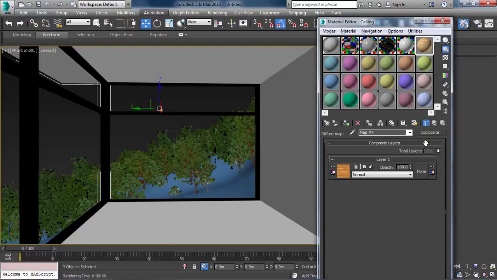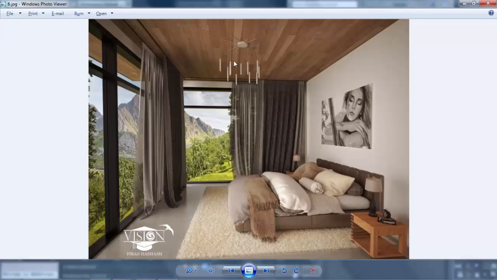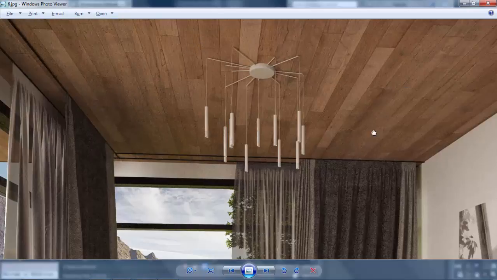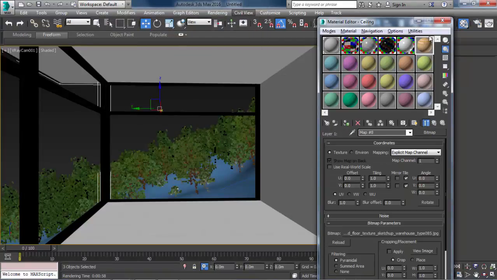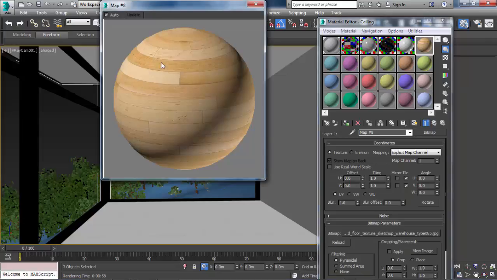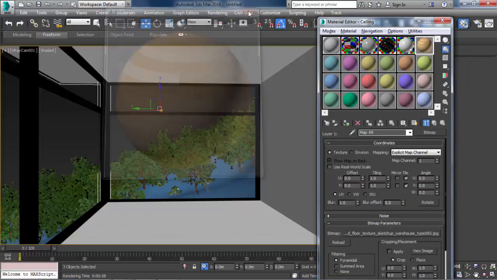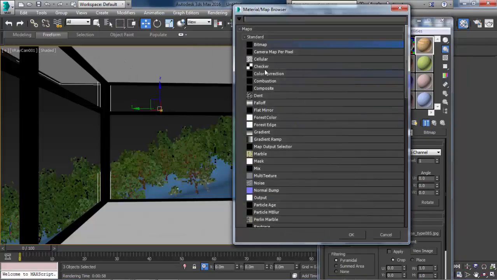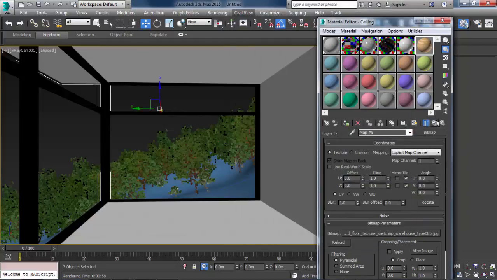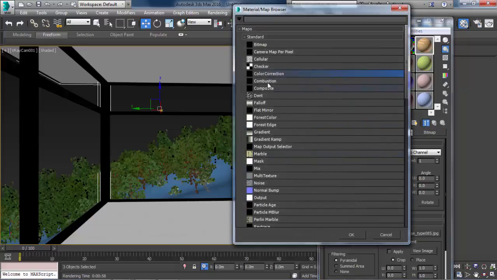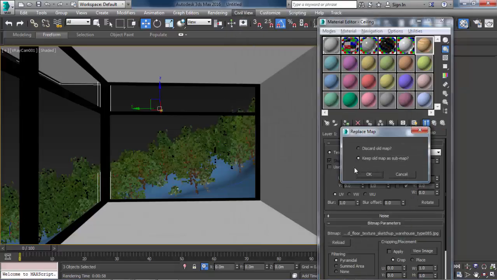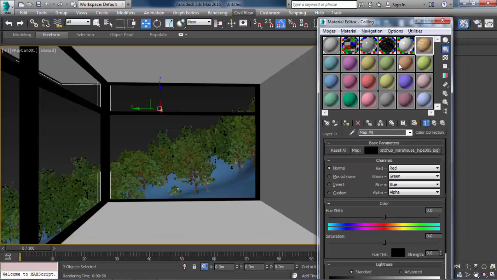Now add a second layer. As you can see, the color of this material is very different to this one here. So that's why, yeah. First, as you can see, this is very saturated. I don't want it to have those rich colors, so I will apply a color correction here. The first layer, I will choose it. Click here, choose color correction. Keep old map as a submap. Okay.